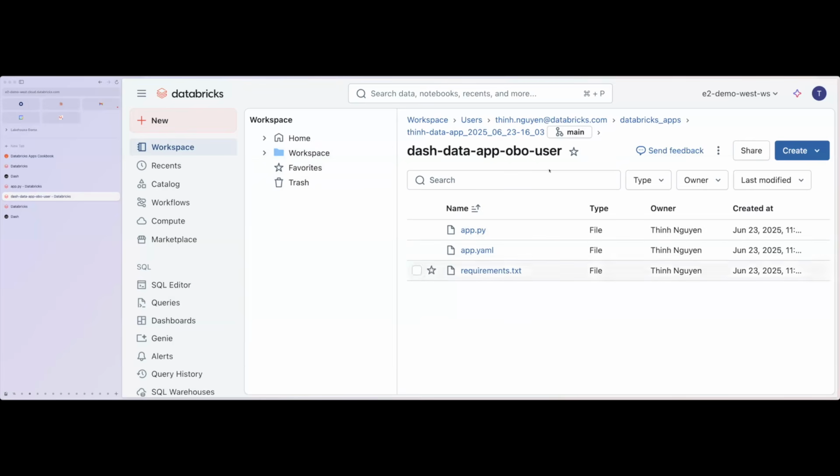Then you can set it up to deploy using Databricks Apps. I won't be covering all that today, but there's some information we can send out